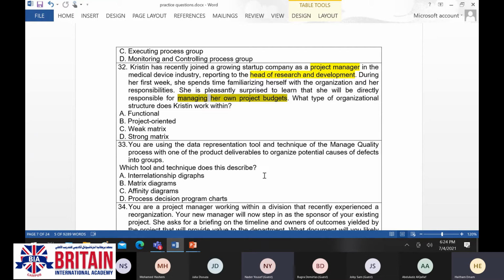Okay. Let me say it from my end. With the affinity diagram, let's say you are making a brainstorming for something, and you would like to make grouping for the ideas. So when it comes to the causes of defects, maybe you are going to have some causes related to the design. Anything coming under the design will be under the group of design.